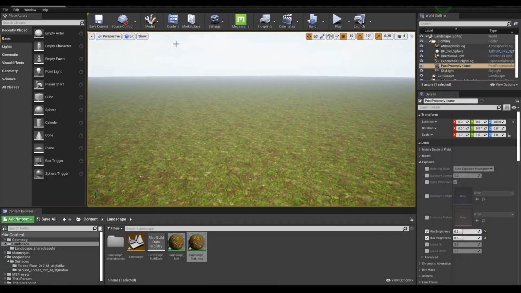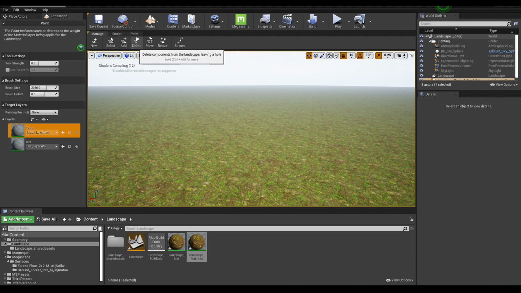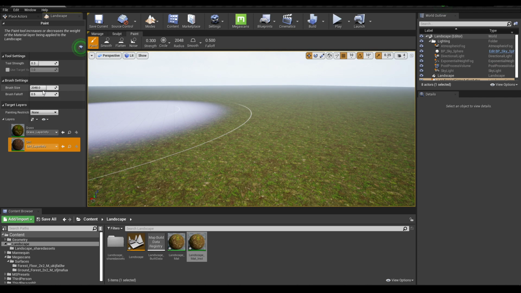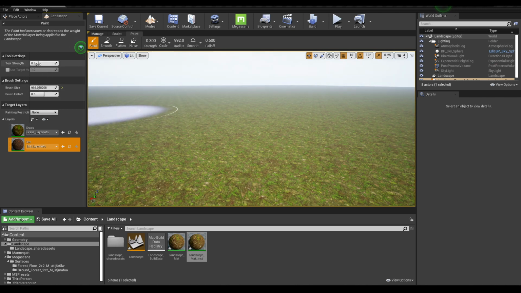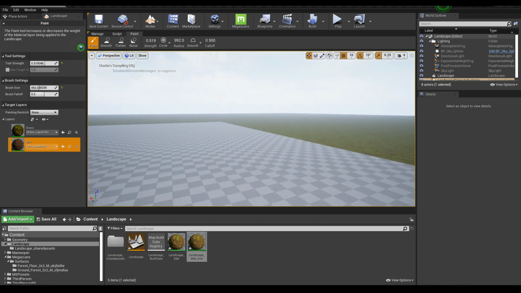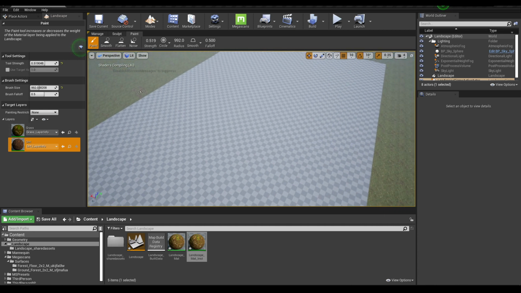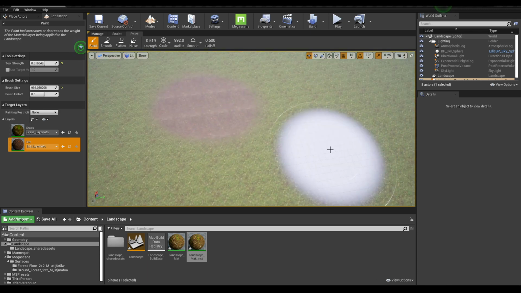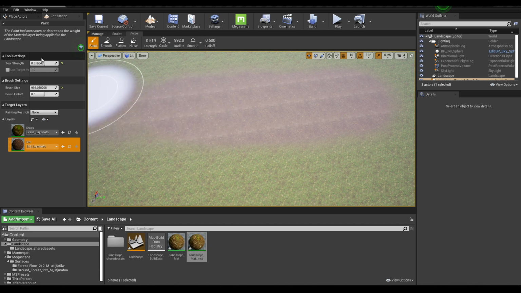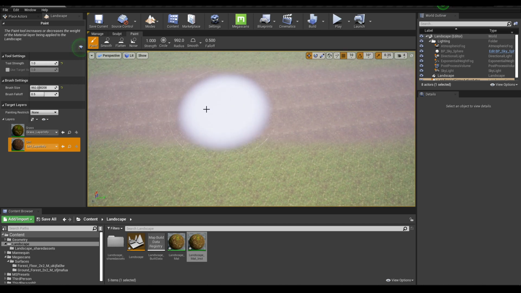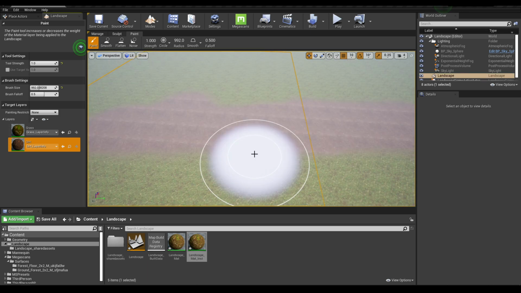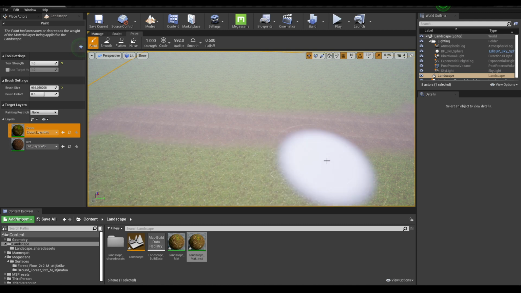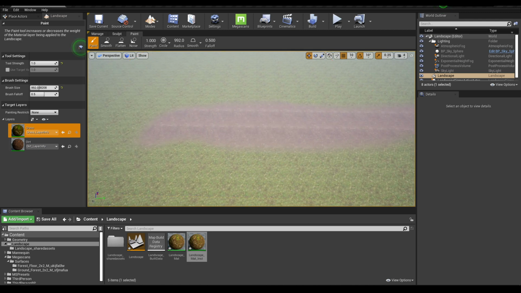Now to paint our dirt layer, just go to modes and select this landscape, then go to paint mode and select your dirt. Decrease the brush size and increase the tool strength. Then you'll see your dirt here. You can just paint like this. Increase the strength to 1. And when you want to paint grass, then select this grass layer and start painting like this.